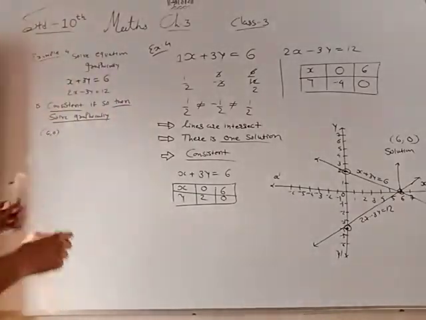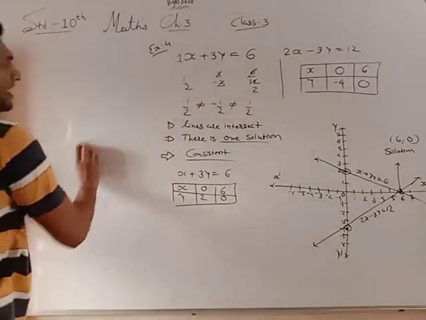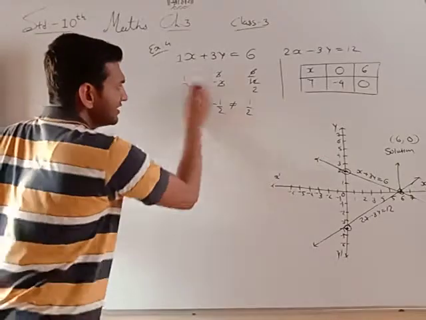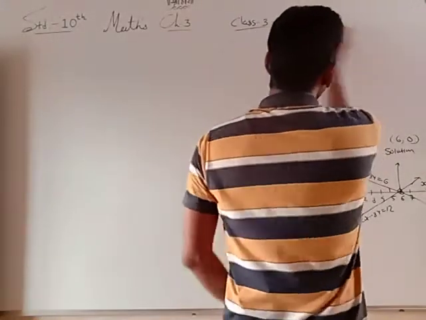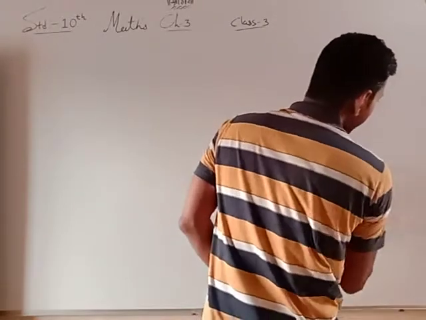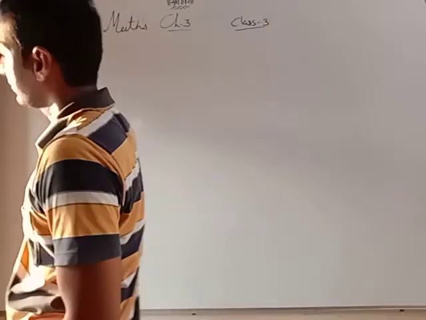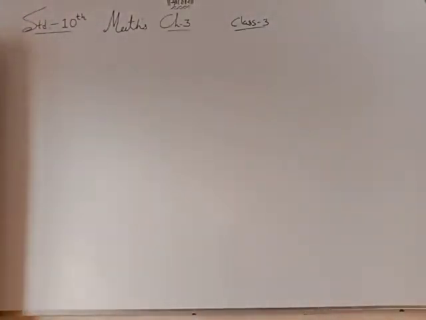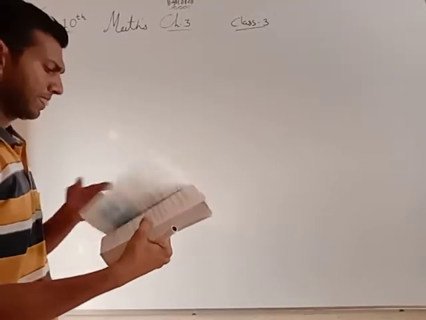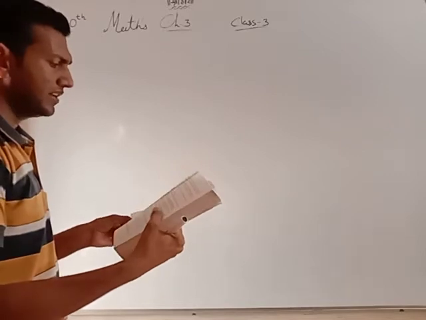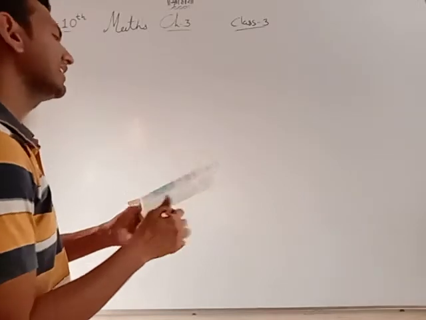Now let's start exercise 3.2. It is very easy based on the concept I already taught you in this initial part of these lectures. So you should remember that concept and go further. Example 4 is done. Example number 5. Two examples are still pending. Let's do them first and then do the exercise.